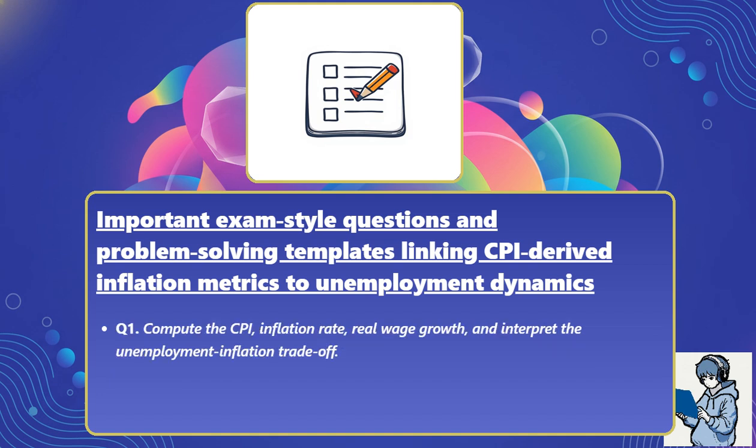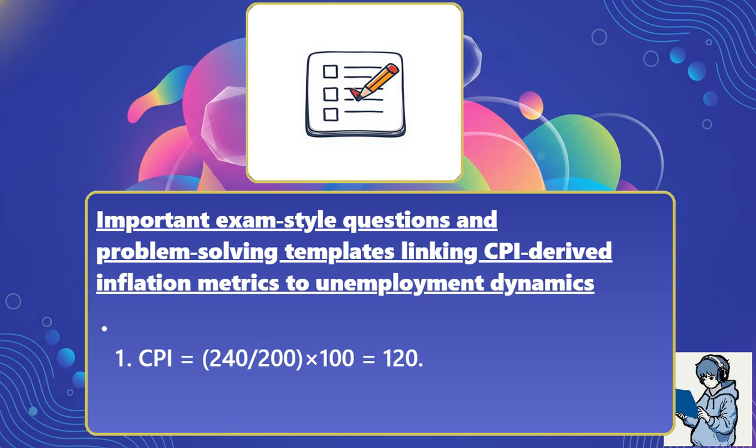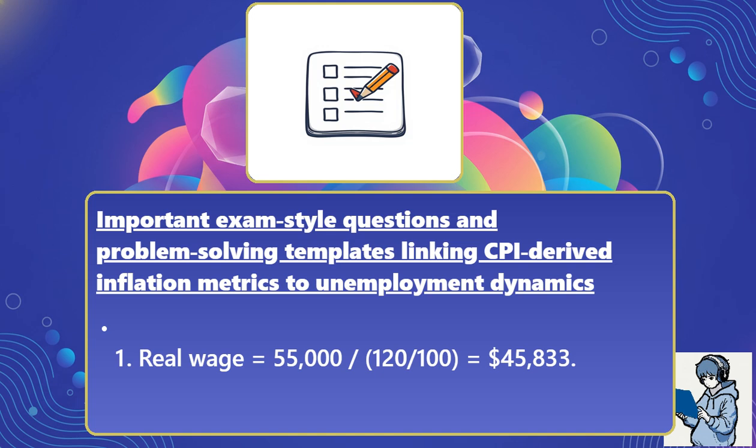Question 1. Compute the CPI inflation rate, real wage growth, and interpret the unemployment-inflation trade-off. Given: base year basket cost $200, current year basket cost $240, nominal wage $55,000, CPI base equals 100. Step 1. CPI = 240 / 200 × 100 = 120. Step 2. Inflation = (120 − 100) / 100 = 20%. Step 3. Real wage = 55,000 / (120 / 100) =